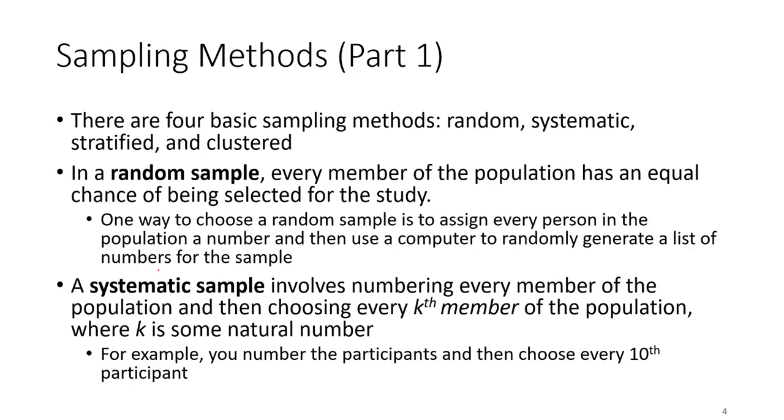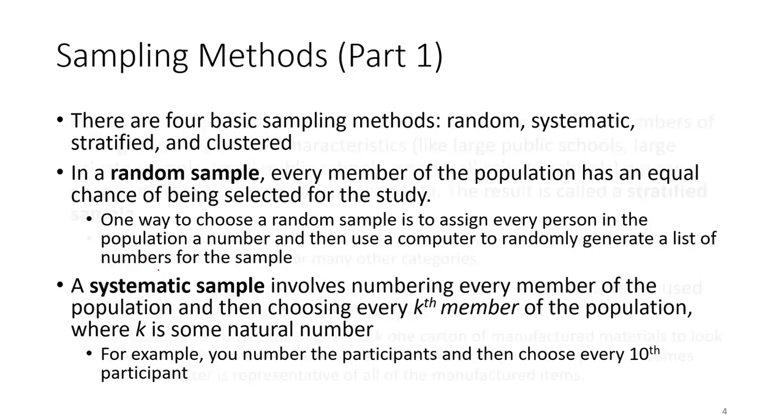A systematic sample involves numbering every member in the population, but then you choose every kth member of the population, where k is just some natural number: 1, 2, 3, 4, 5, and so on. For example, you number everybody that you're interested in, and then you choose every 10th participant, or every 10th person